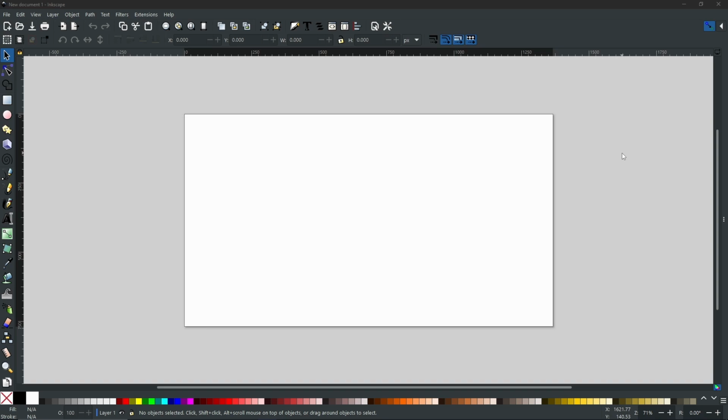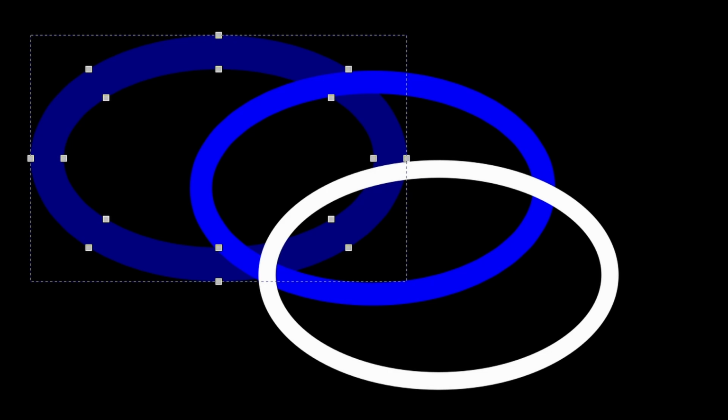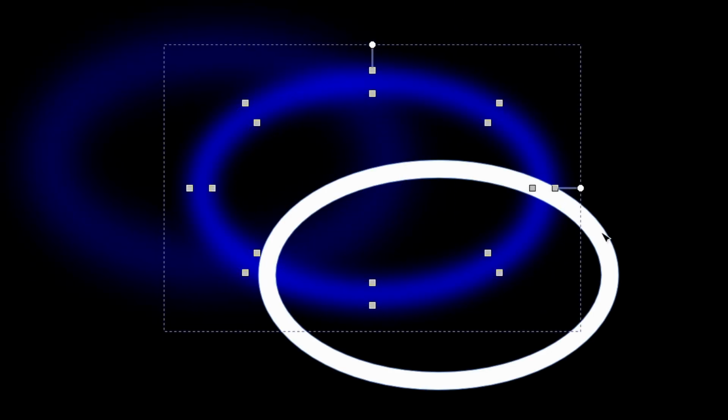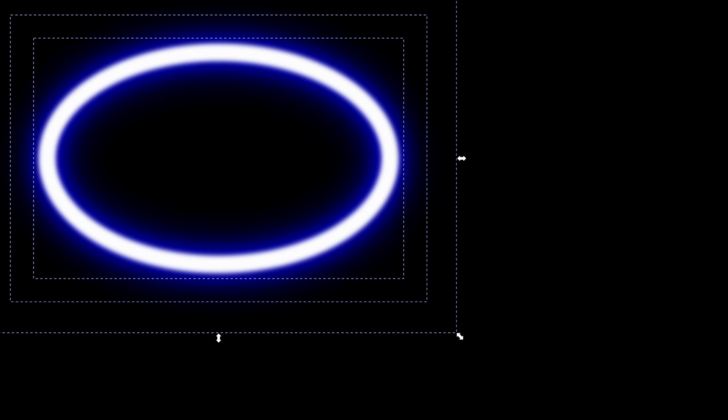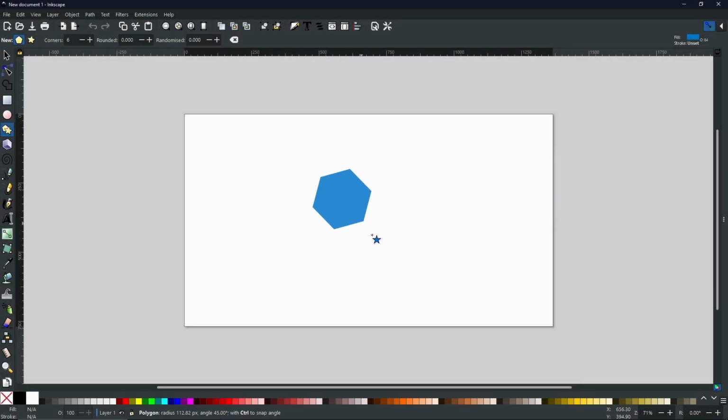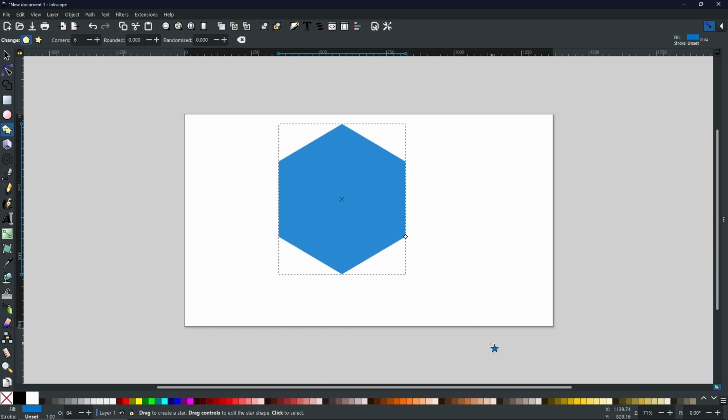Today I'm going to use a font, and I'm going to use this to show you exactly how it can work. But this is not something that you have to do. As you saw with the hexagons, you can use any shape that you want. If you are going to use a hexagon or any other shape like this, just be aware that when you add a stroke and you take away the fill,